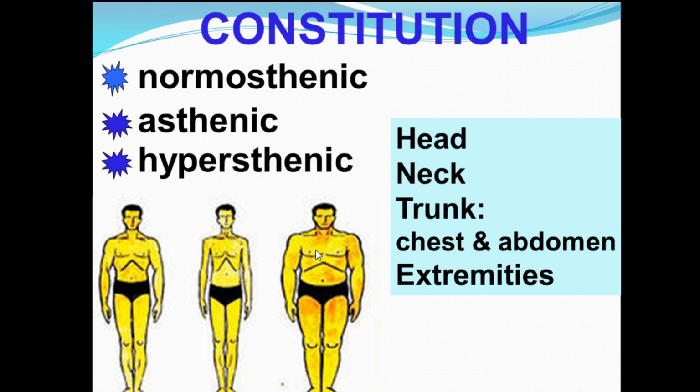If you remember, I said to you that every action of a doctor has a definite aim. And if we assess constitution, why is it needed? Because some diseases are tightly correlated with constitution. For example, a patient with asthenic constitution is predisposed to lung diseases such as pneumonia, tuberculosis, and to anemia. A patient with hypersthenic constitution is predisposed to some metabolic disorders, diabetes mellitus, ischemic heart disease, essential hypertension. And this knowledge helps the doctor in prophylactic work,